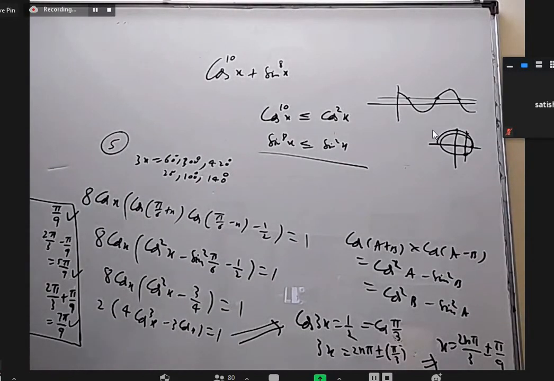But to justify it, this is one way. Same way here also, the LHS is cos power 10x plus sine square x, and cos power 10x is less than or equal to cos square x, so it will become less than or equal to 1. So LHS is less than or equal to 4, and RHS is greater than or equal to 4. So the only way they can be equal is when both are equal to 4. And you can see which x values give us both equal to 4 simultaneously. I was just giving a hint. You can verify for yourself.